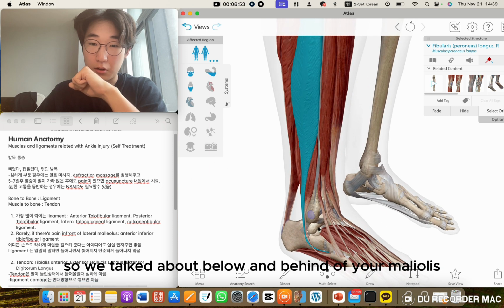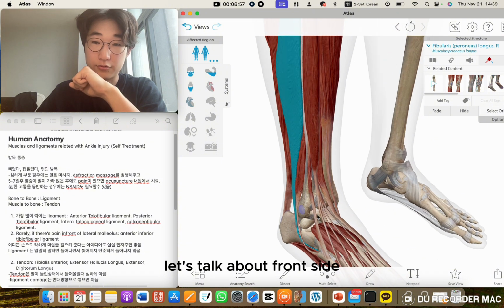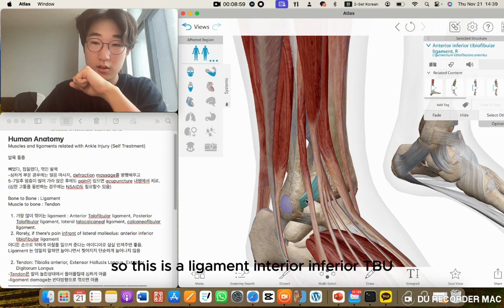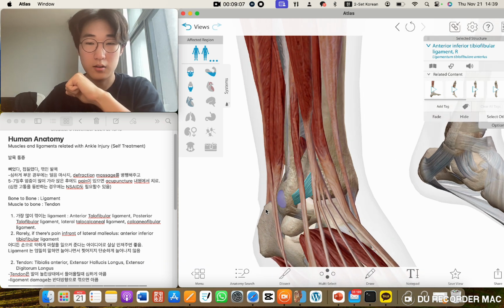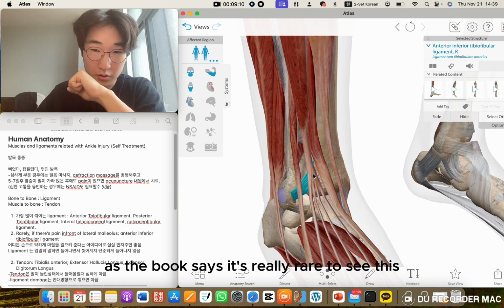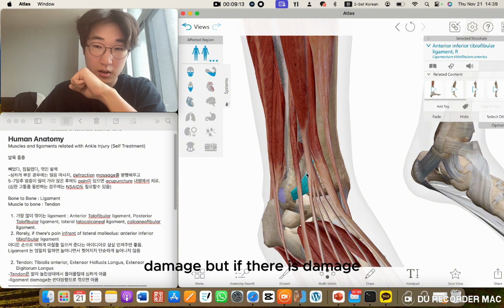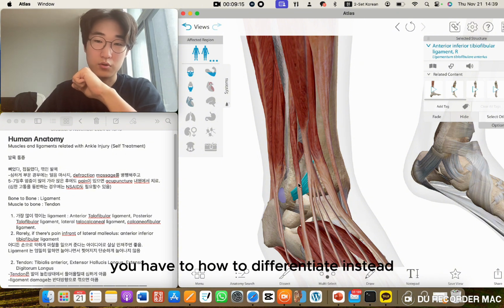So we talked about below and behind your malleolus. Let's talk about the front side. This is a ligament, the anterior inferior tibiofibular ligament. As the book says, it's really rare to see this damaged, but if there is damage, you have to know how